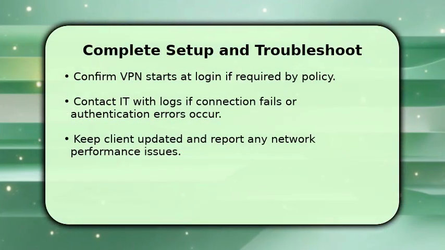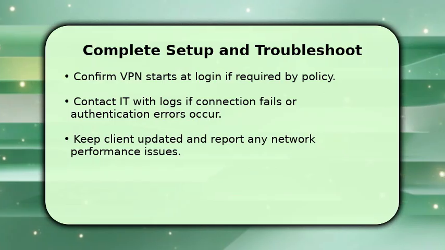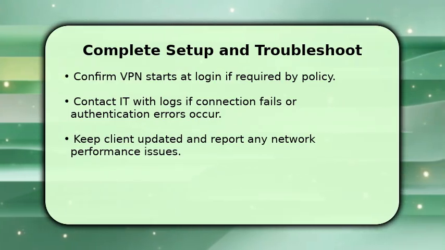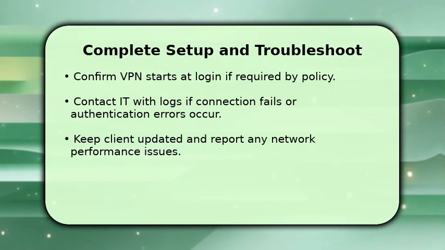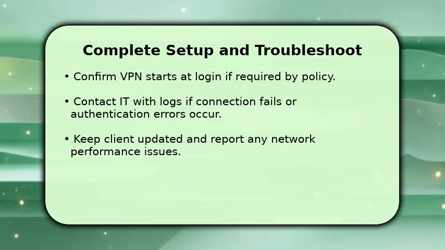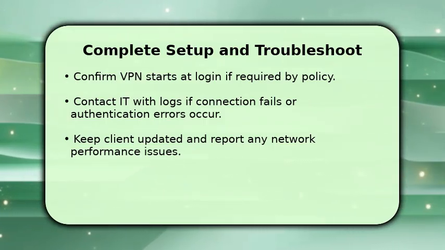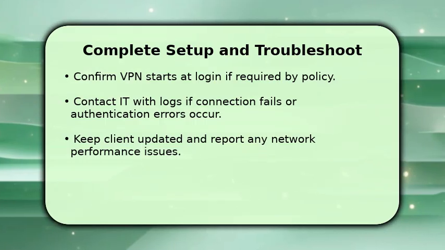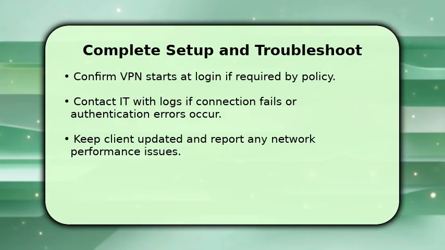Finish by setting the VPN to start at login if your school requires persistent protection, and double-check split tunnel rules if provided. If the connection fails, collect error messages and the client log, then escalate to IT rather than attempting unofficial fixes. Make sure your VPN client is updated to the latest approved version and report any slowdowns so IT